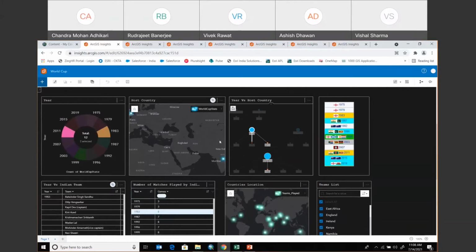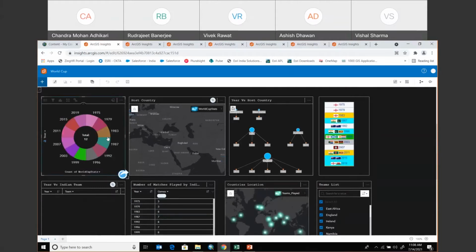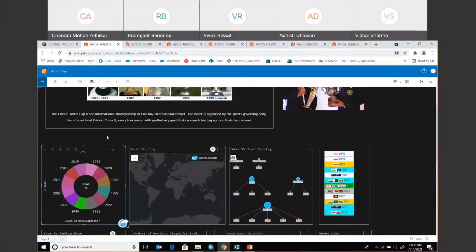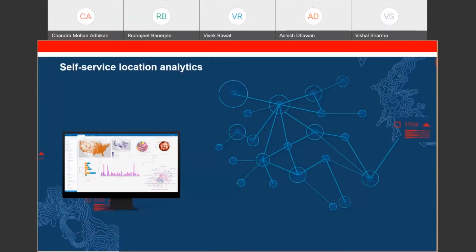Okay, going back to my presentation, I hope this might have given a simple glance to the people who will be seeing this kind of product for the first time. Now I will go to the deeper insights for ArcGIS. It's a powerful analysis tool that makes things very simple.